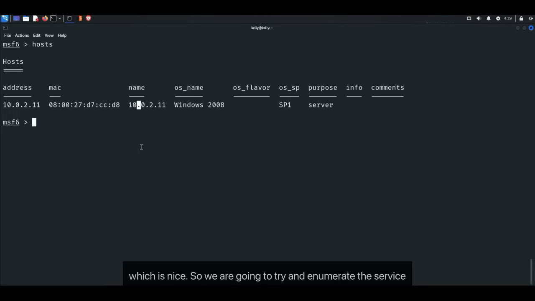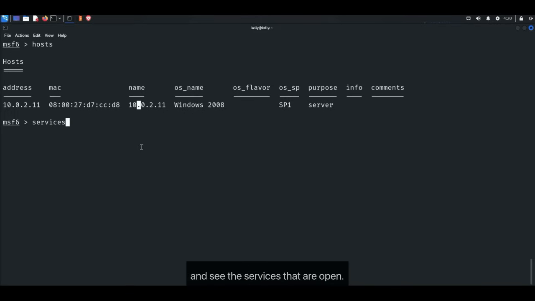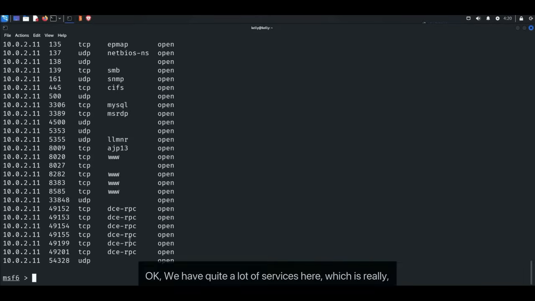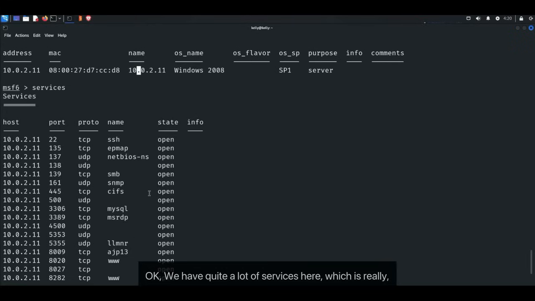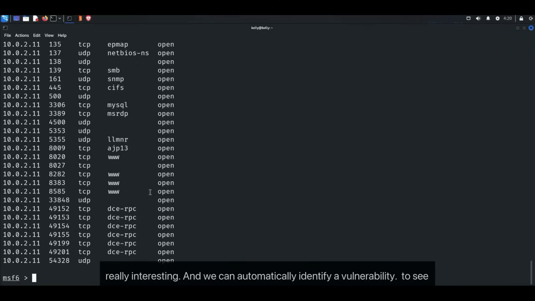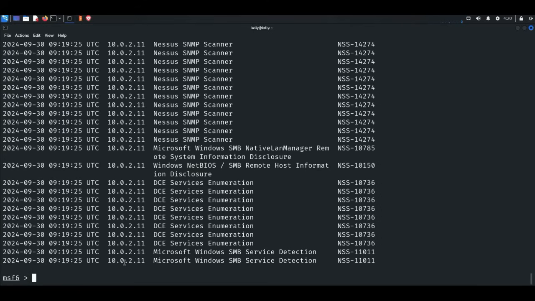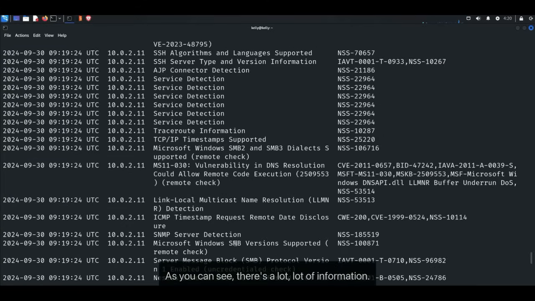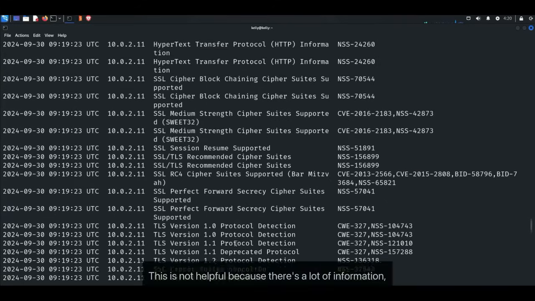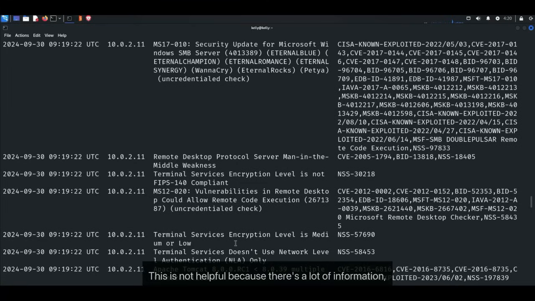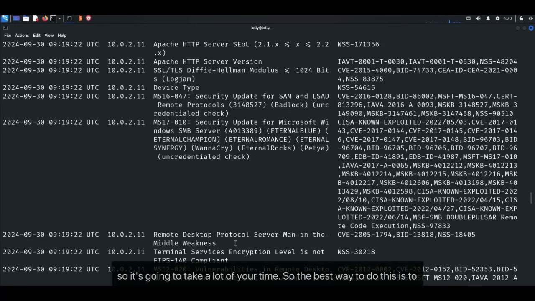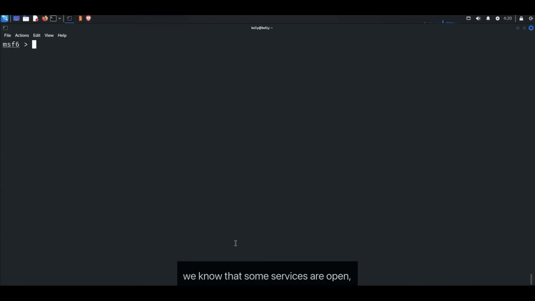So we are going to try and enumerate the services that are open. Okay, we have quite a lot of services here, which is really interesting. We can automatically identify vulnerabilities to see if the system is affected by simply typing the vulns command. As you can see, there's a lot of information. This is not helpful because it's going to take a lot of your time. So the best way to do this is, since we know that some services are open,